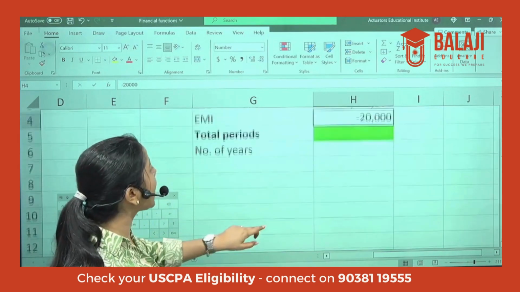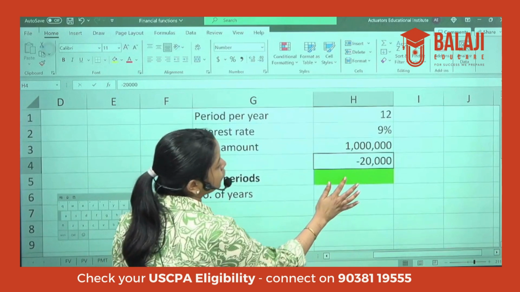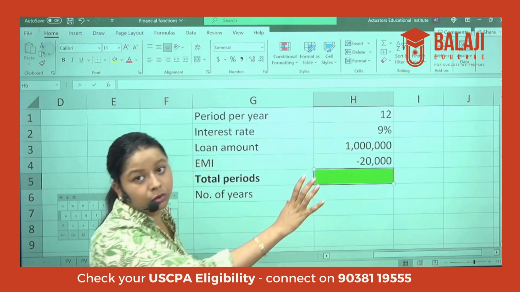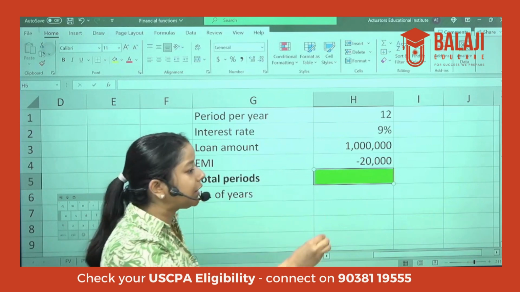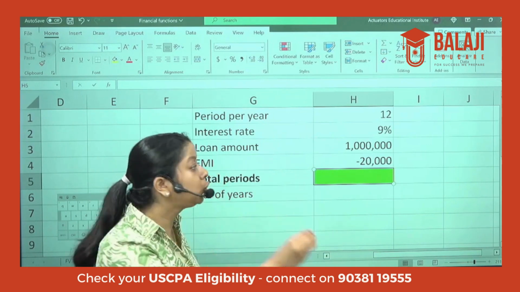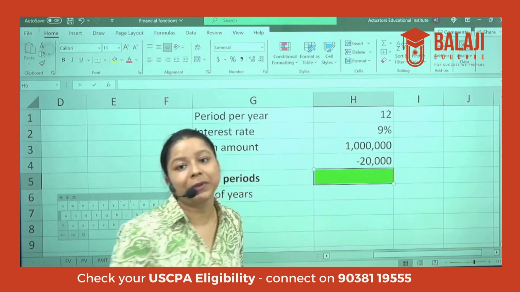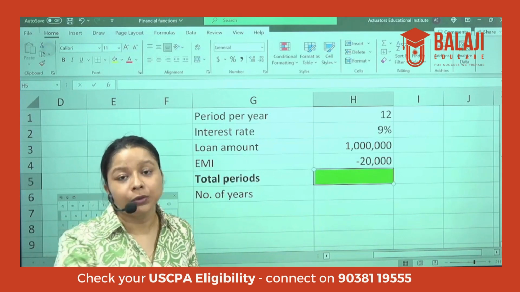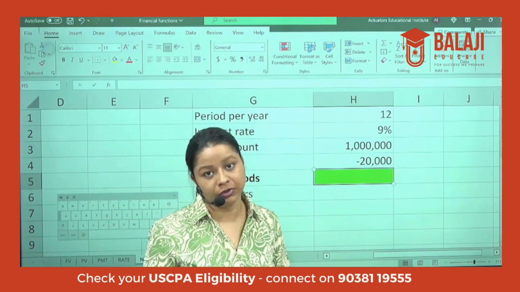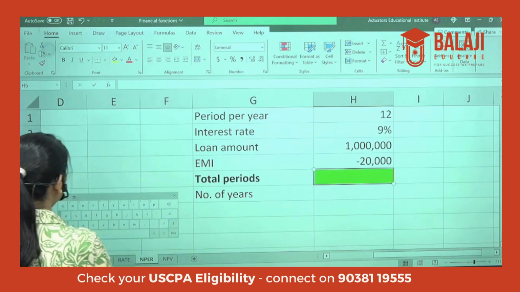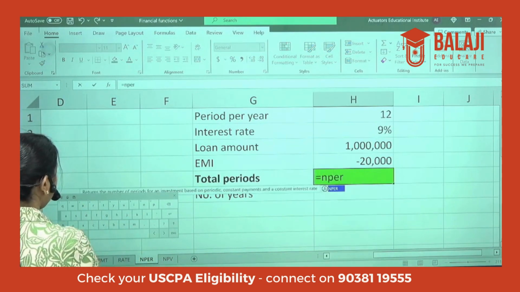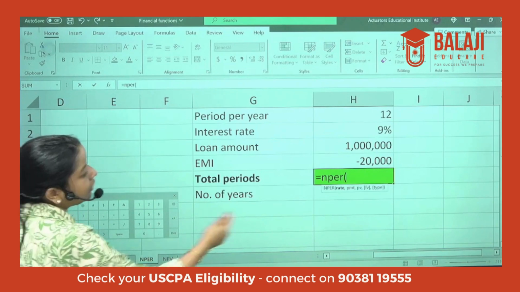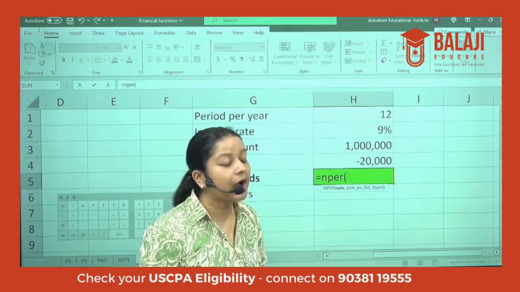So now let's start with the total number of periods that needs to be calculated. I have taken a loan of 10 lakhs, and 9% per annum is the rate of interest currently in the economy. Considering this to be constant, I am able to pay 20,000 per month. At what period of time will my loan be finished? So let's calculate. We'll start by typing the function NPER, open the brackets,